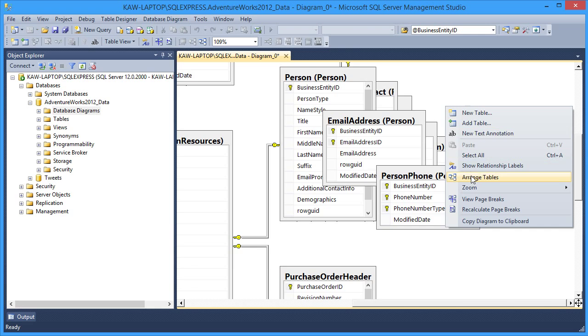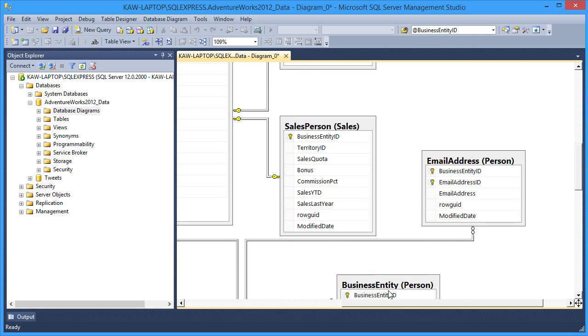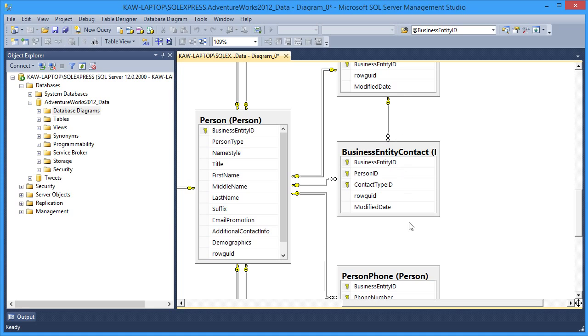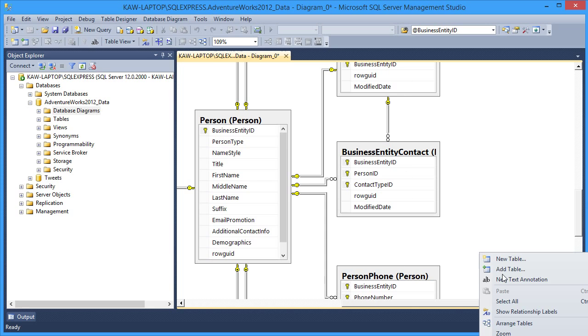Getting ahead of myself here. Now I can say arrange tables, and you can see now that person's here and it's started bringing in other tables. So to do a zoom to fit,